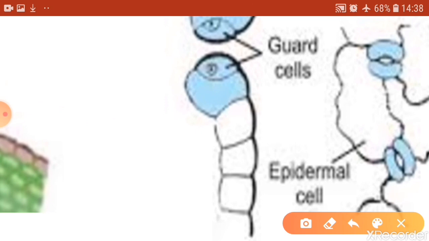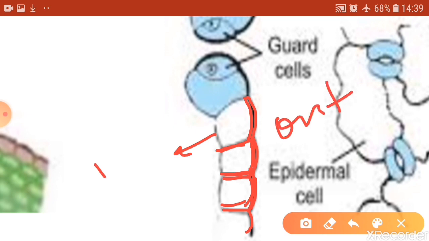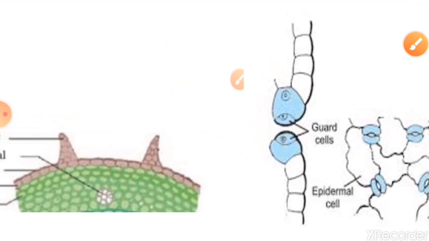The cells are flattened, and you find that the outer and the radial walls of the cell are thicker. In terms of thickness of the cell wall, when you see, the outer wall and the radial walls of the cell are thicker than the inner wall. This is the outside and this is the inside part, and the outer wall is thicker than the inner wall.